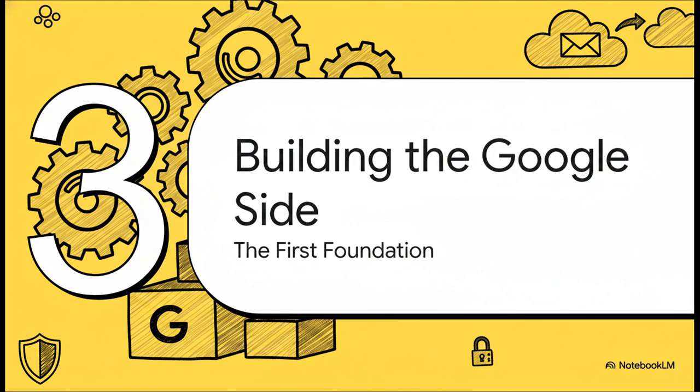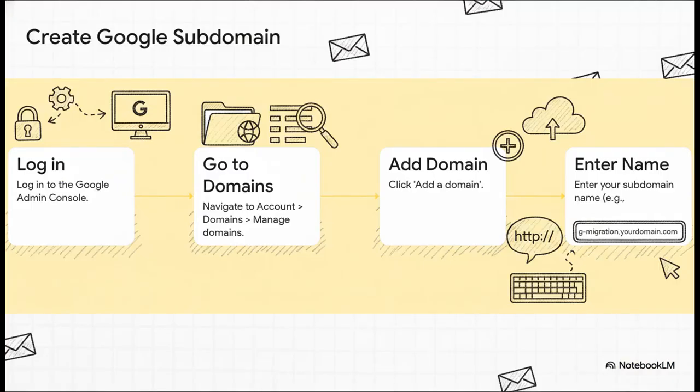All right, let's roll up our sleeves and start building. The very first part of our foundation gets laid inside the Google Workspace admin console. So these first few steps are pretty straightforward. You're just going to head into your Google admin console because we need to tell Google that this new subdomain even exists. You'll navigate over to the domain section, click add a domain, and then just type in the name we discussed. Something clear and obvious like